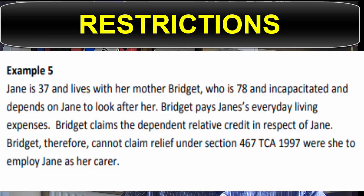Example 5. Jane is 37 and lives with her mother Bridget, who is 78 and incapacitated, and depends on Jane to look after her. Bridget pays Jane's everyday living expenses. Bridget claims the dependent relative credit in respect of Jane. Bridget therefore cannot claim relief under Section 467 of the Tax Consolidation Act 1997 were she to employ Jane as